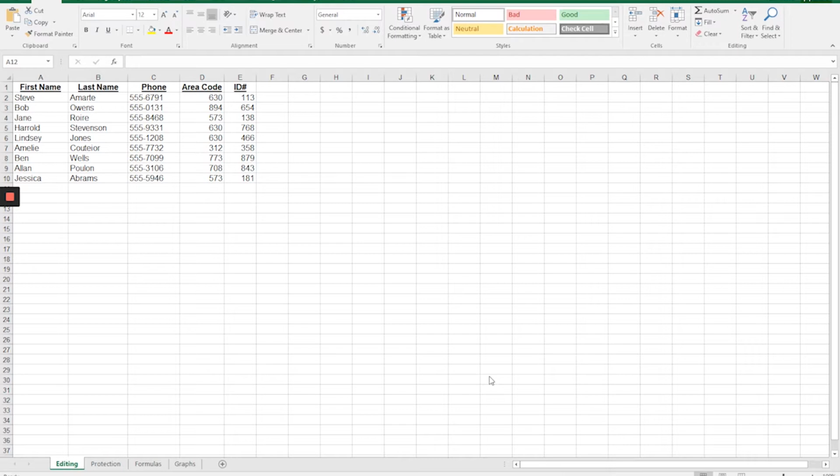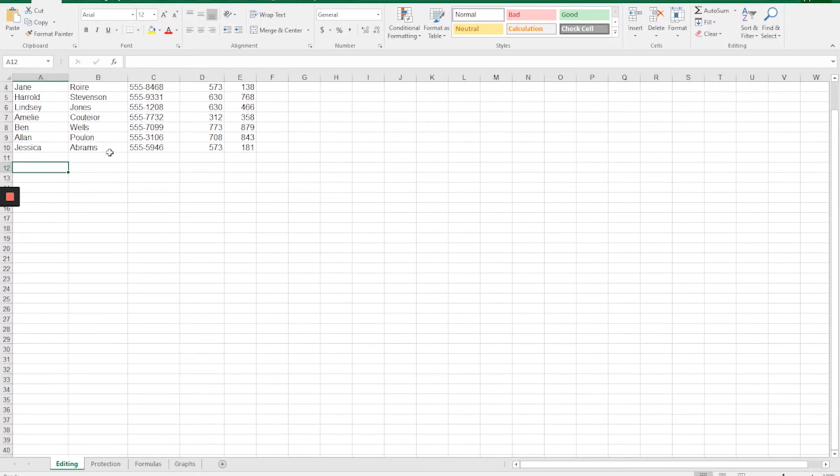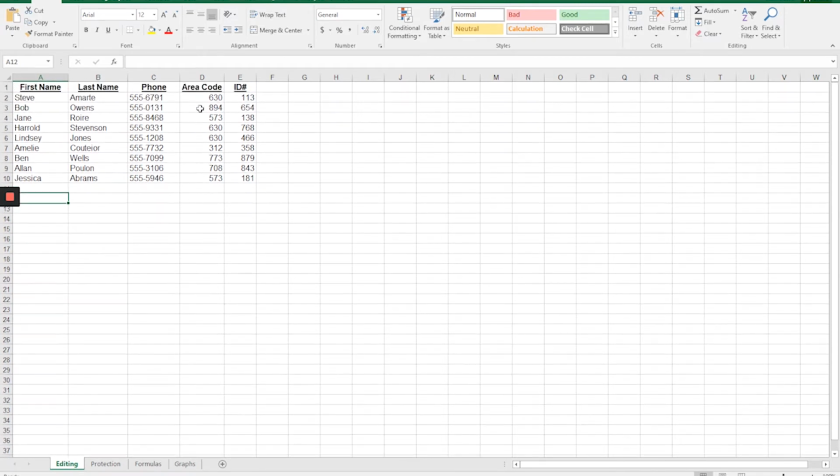For our example that I have here, I made a Rolodex, and if we wanted to keep track of what the categories were, as we started to add more and more names, as you scroll down, you would lose the categories at the top. You would just see the data, and it might be confusing which is the area code and which is the ID number. What we can do with this is we can lock in that top row and freeze it. Now, to do this,